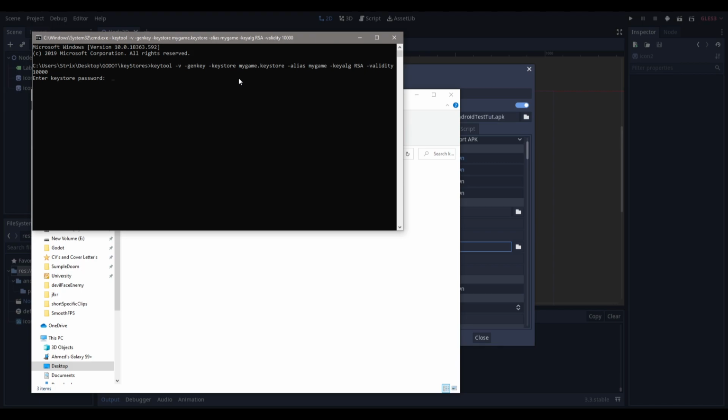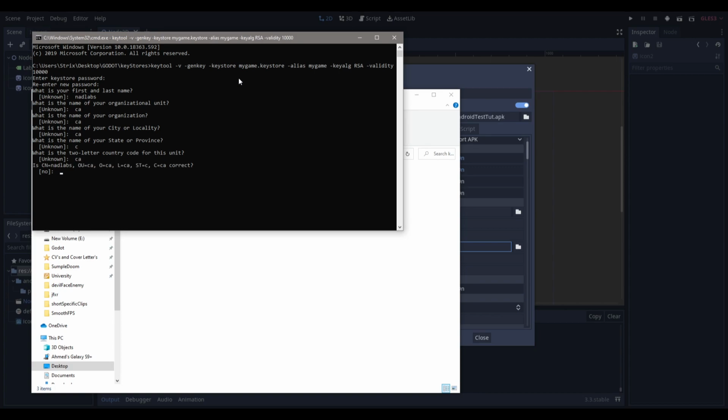So I'm just going to type in my password. Android. Don't worry, it's actually typing. You just won't be able to see it because there are no fancy characters on a command line. First and last name, Nad Labs. Just type in random stuff here. It doesn't really matter what you put. I mean, if you're exporting it for an actual thing, like